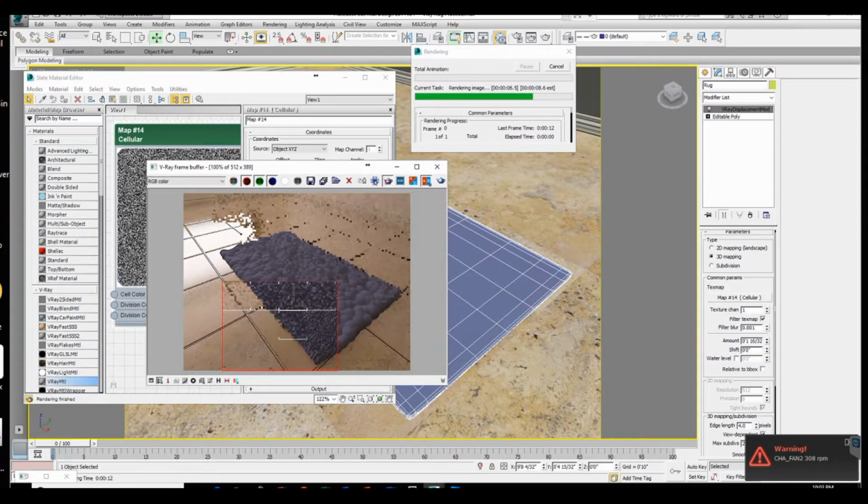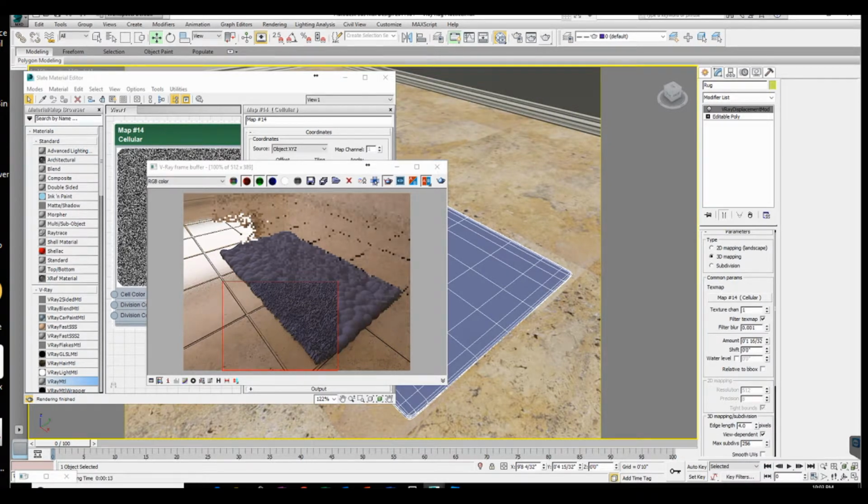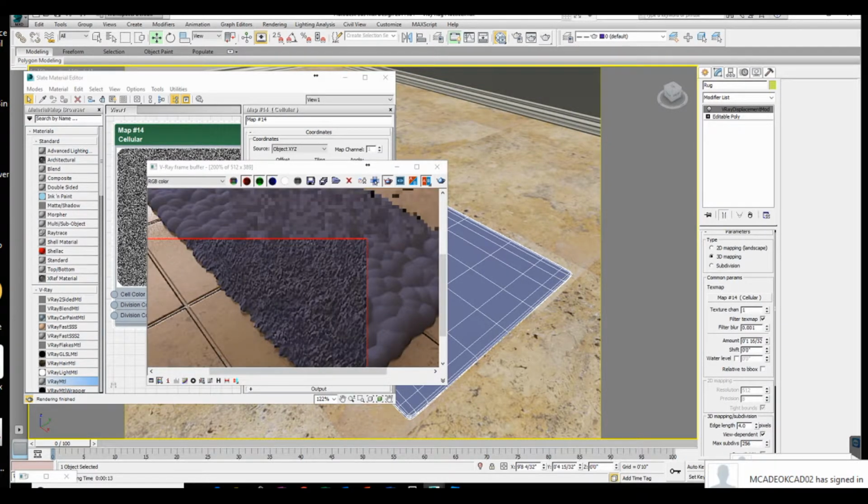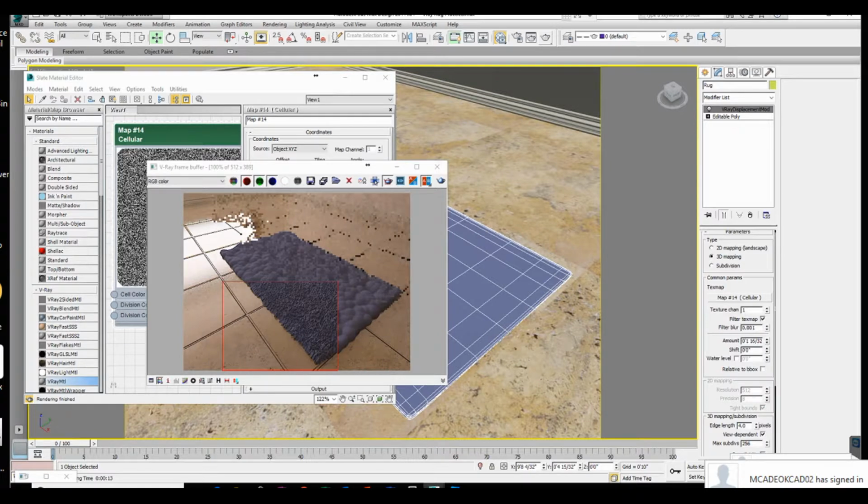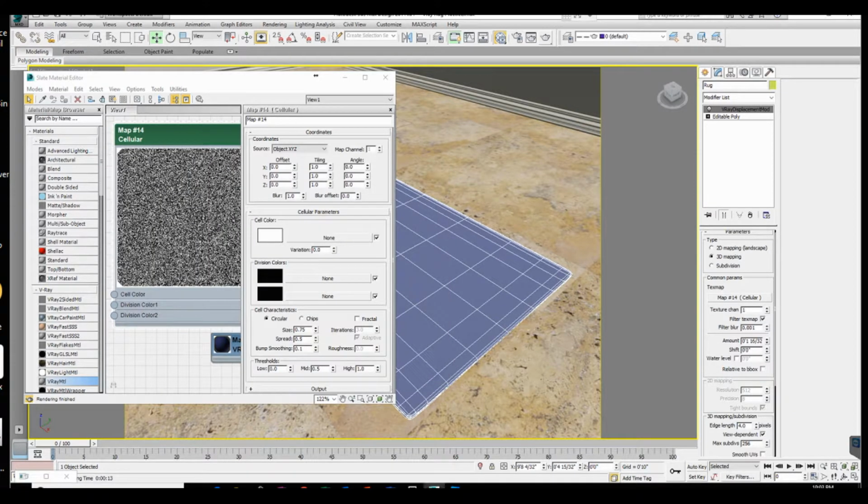Yeah, it's getting better. See, it's getting better. I'll tell you what. Now, let's see here. Now, what I'll do is I'm going to go ahead and render us up a quick shot of that, just